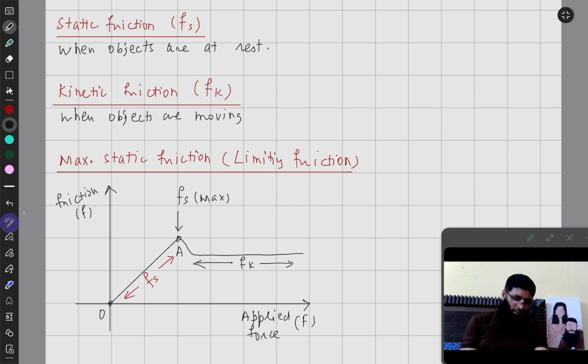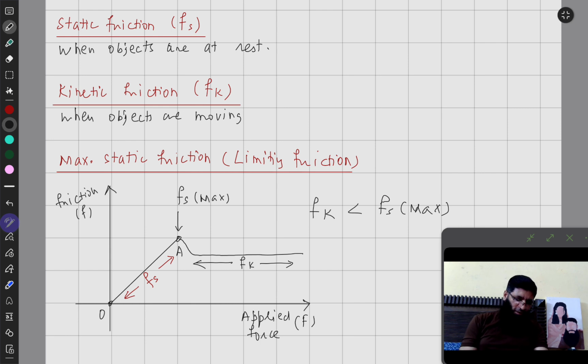This point here represents the maximum static friction. If you increase your applied force after this point, the static friction will become the kinetic friction, and the object will start moving. And you can also see that the kinetic friction is always less than the maximum static friction,